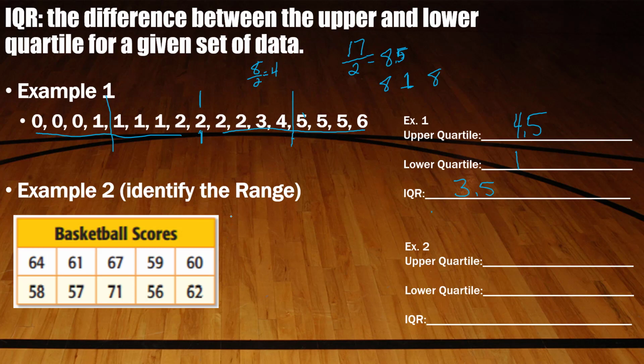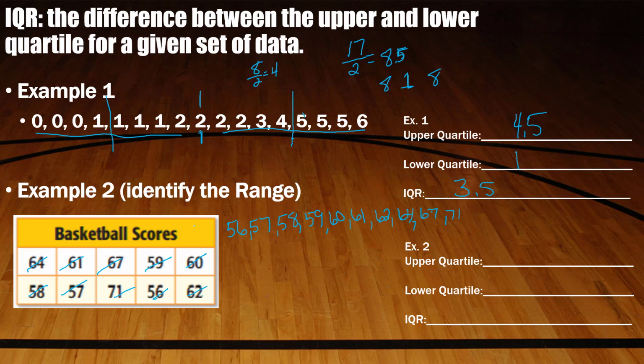Ooh, again, our numbers are not in numerical order. So we're going to have to put them in numerical order first. So let's do this again. 56, 57, 58, 59, 60, 61, 62, 64, 67, 71. Now, I can see very clearly from the chart here that I have 5 columns, 2 rows, so